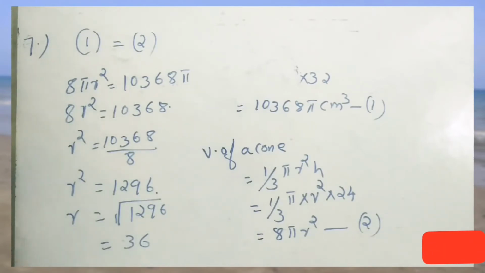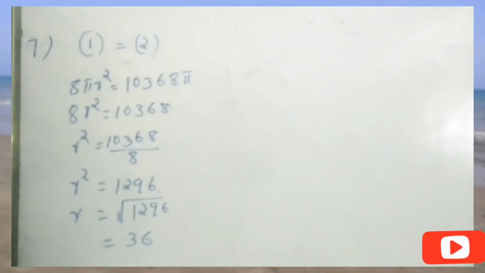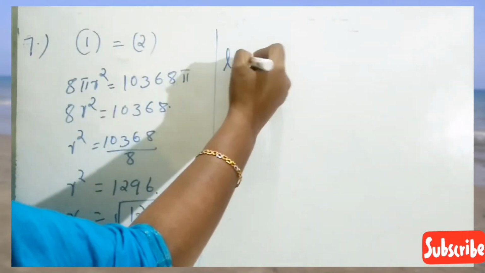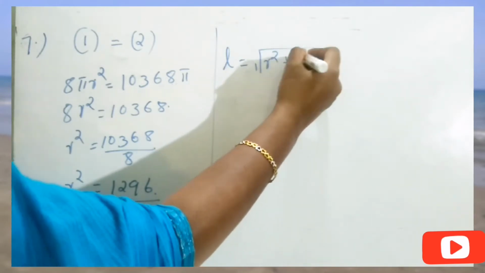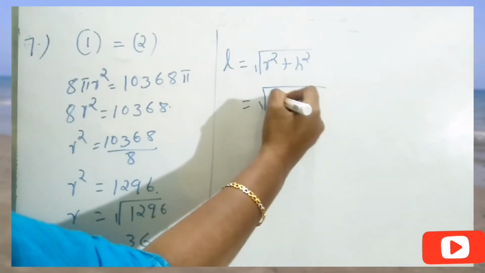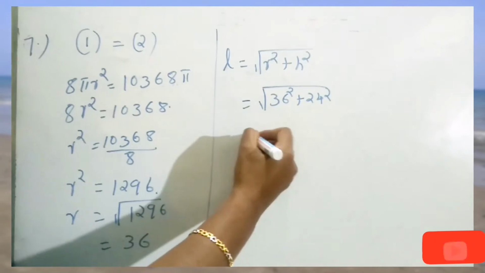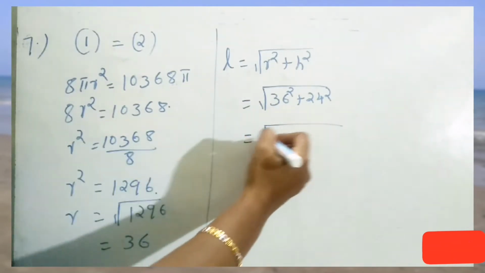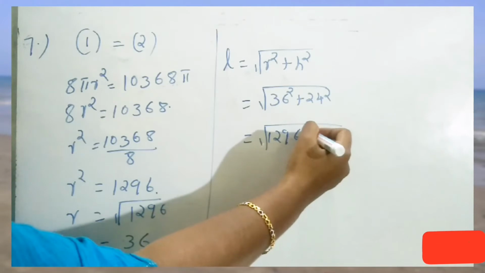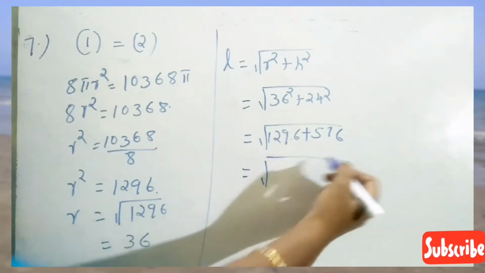We need to find out the slant height also. The relation between slant height, radius and height: L is equal to square root of r square plus h square. Slant height is equal to square root of radius square plus height square, and that is equal to square root of 36 square plus 24 square, that is equal to square root of 1296 plus 576, and this is equal to square root of